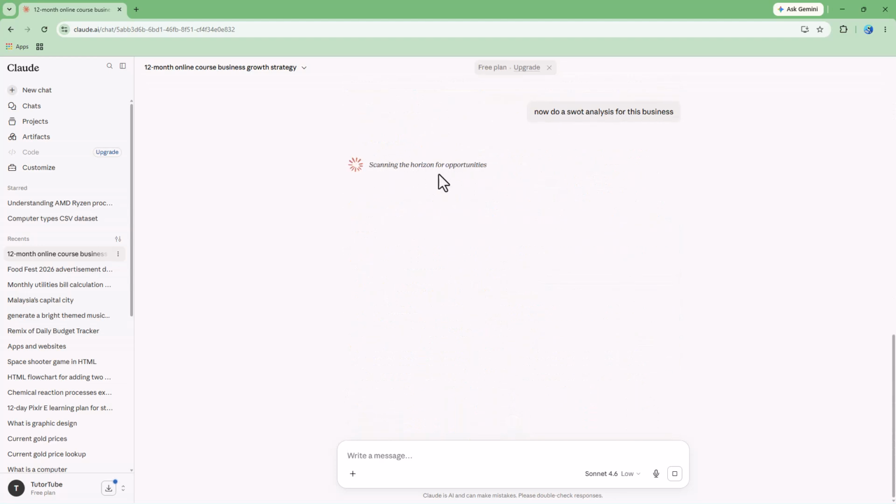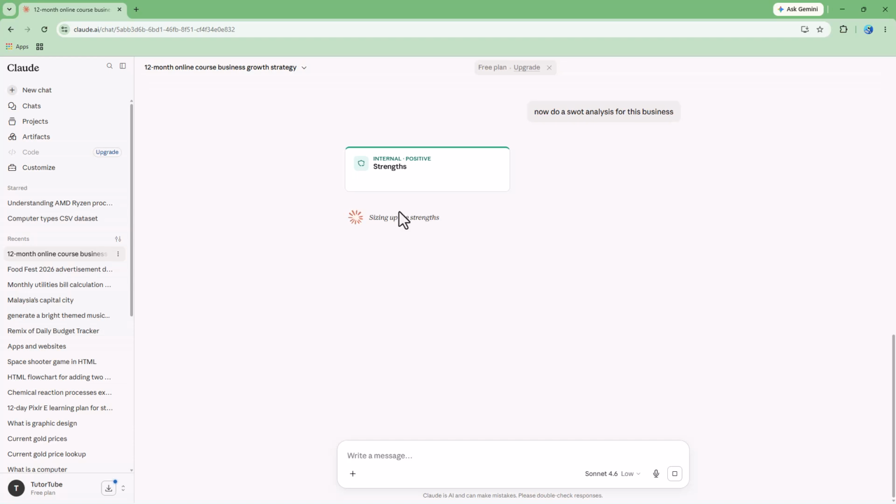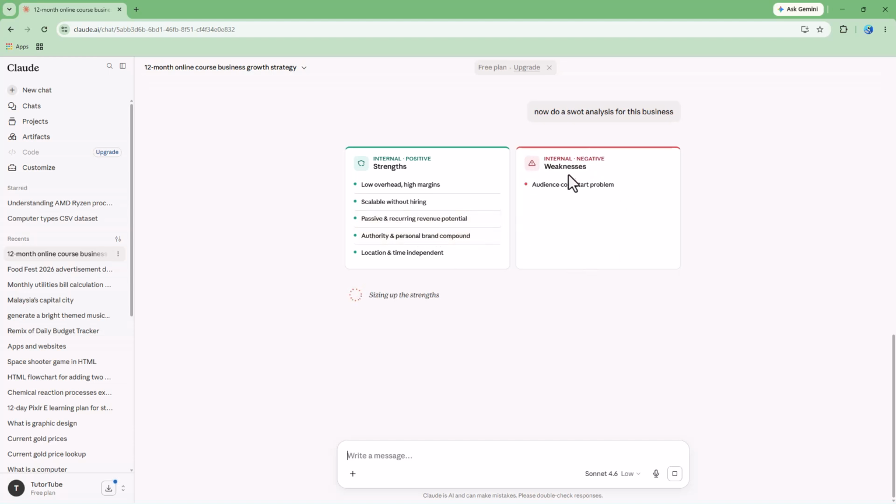You can see that it's going ahead and scanning all of the contents right here, and now is giving me the framework. It's giving me internal positive strengths, like for example, low overhead, high margin, scalable without hiring, passive recurring revenue model, and then you got the weaknesses, audience goal, start problem, and so forth. I can see that it is starting to give me a visual framework for the SWOT